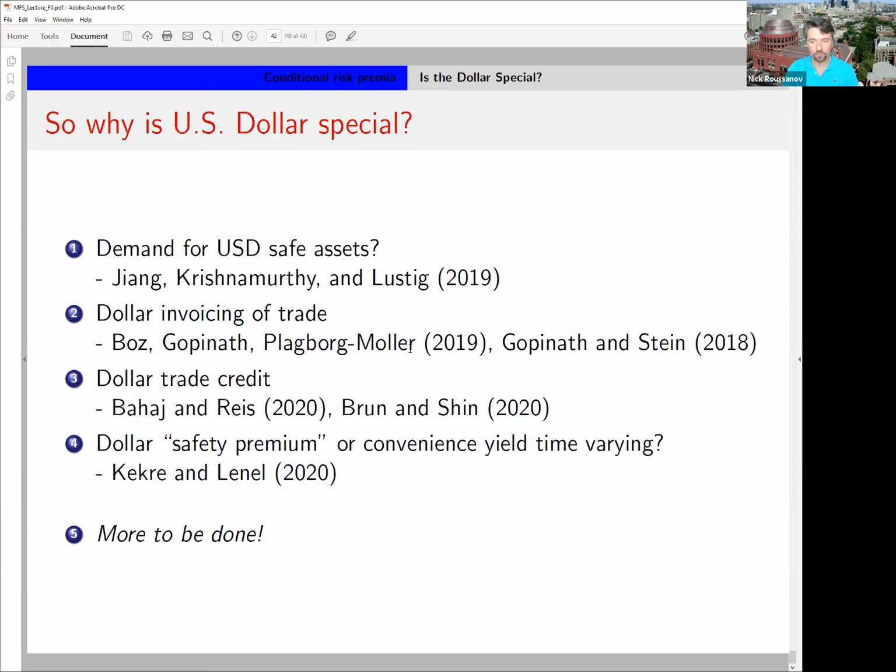Again, maybe there is some interaction. There's this recent paper by Moritz Lenel that talks about the safety premium maybe being time varying in a way that interacts with monetary policy. Again, I'm sure there are other papers that I have not covered. This was not the goal. The goal is to outline questions to be addressed and solved going forward. Wherever there are working papers that are trying to do this, I'm trying to link to them, but please don't hesitate to share with me if I forgot something.